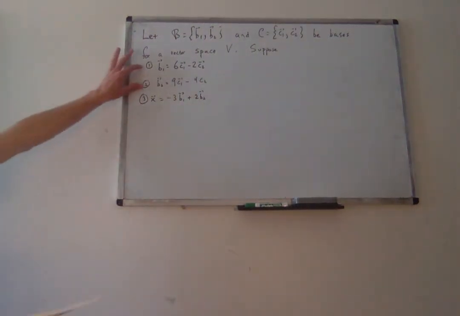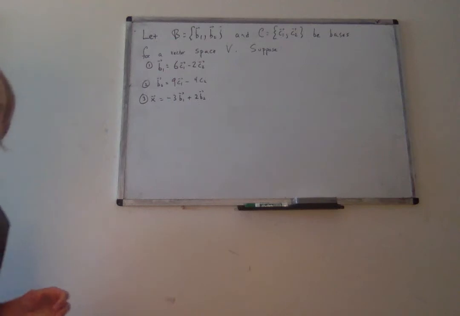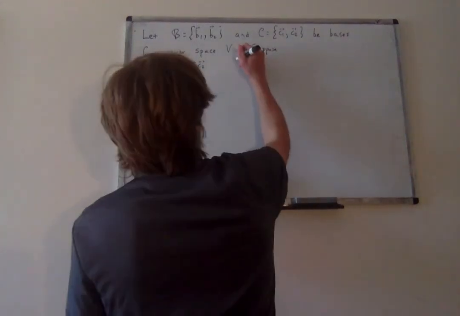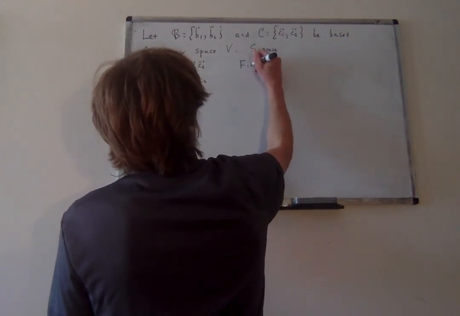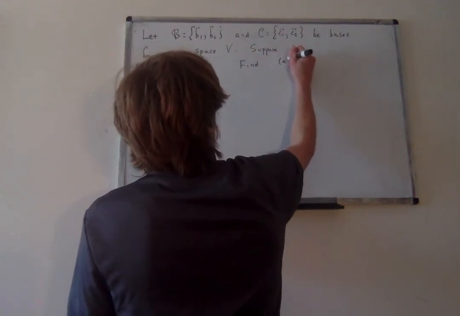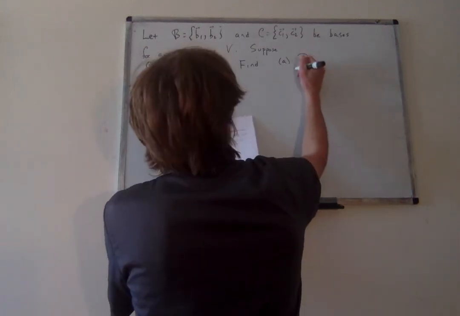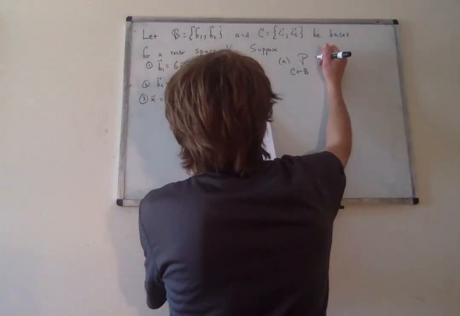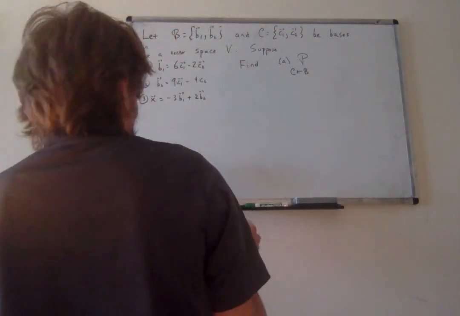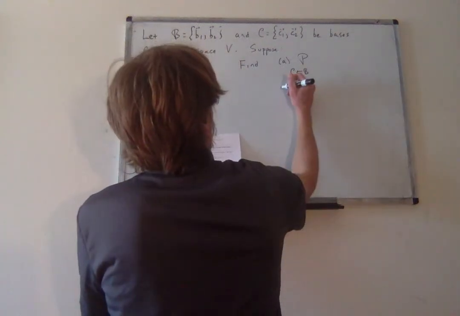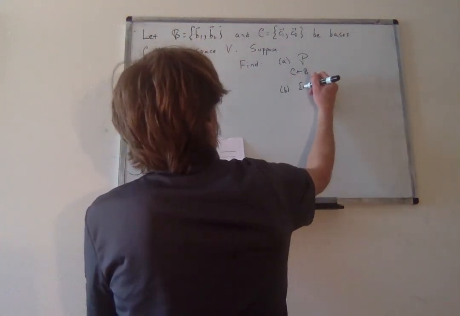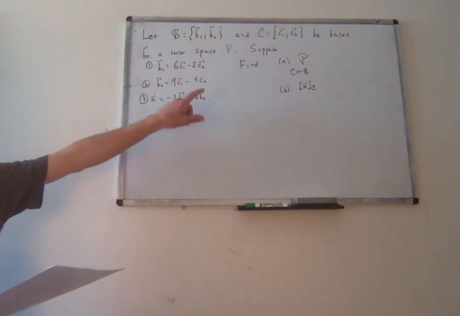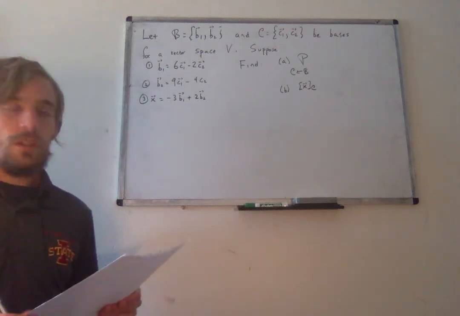Notice again, we could solve this by substitution, but since it's linear algebra, we'll solve it with matrices. And so we want two things. We want the change of coordinates, or change of basis if you prefer, matrix from C to B. And then we want the C representation of x. So, like I said, pause the video here, try A and B on your own. All right, so